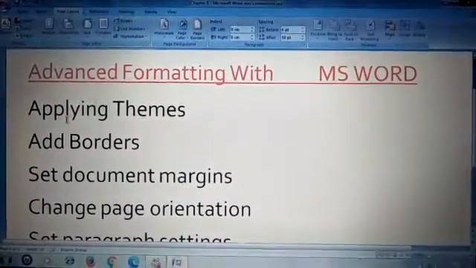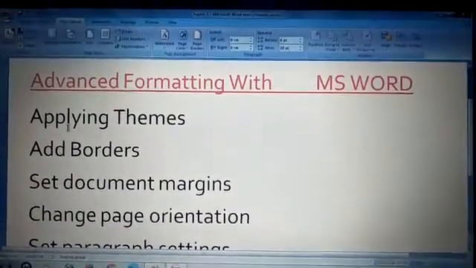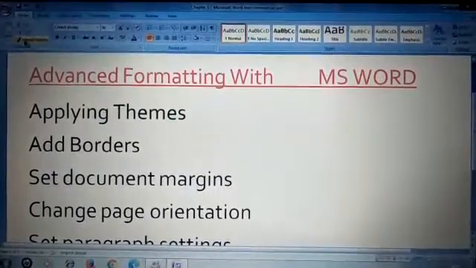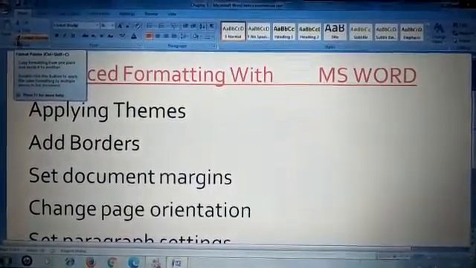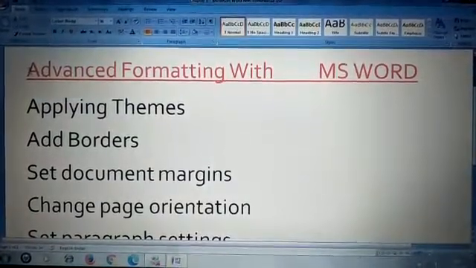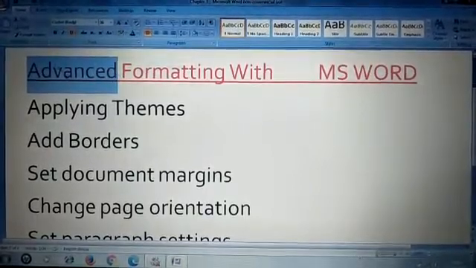Now format painter is an option. If you go to the home tab, there is an option of a format painter. You can see a brush at the starting. If I select this option, whatever format I am having for this word,